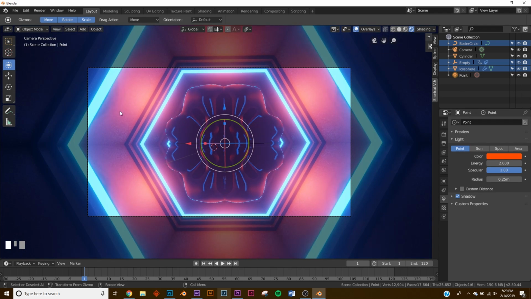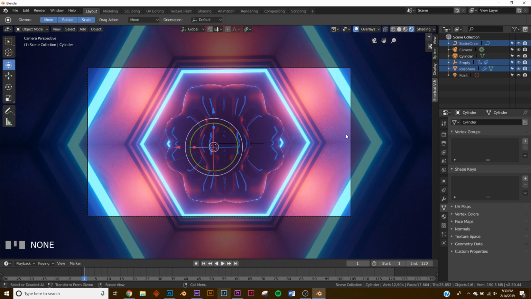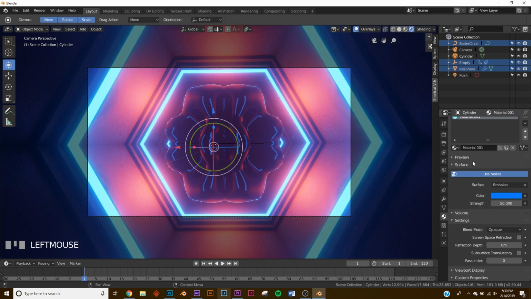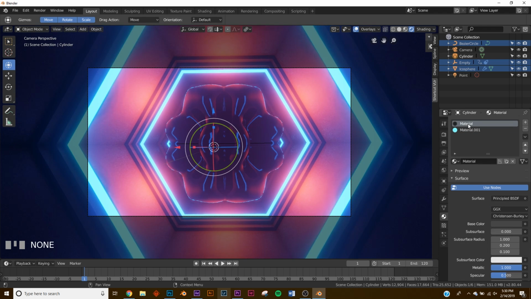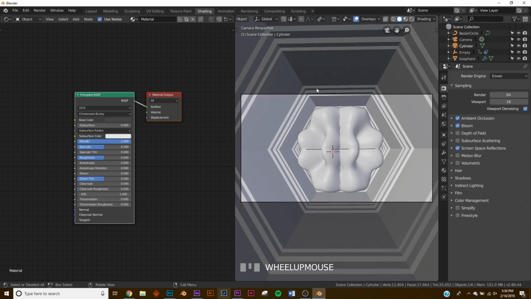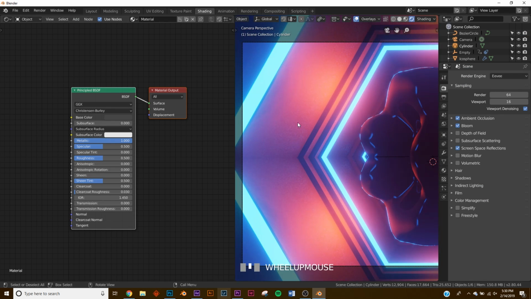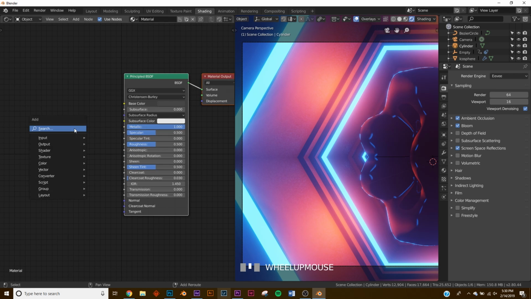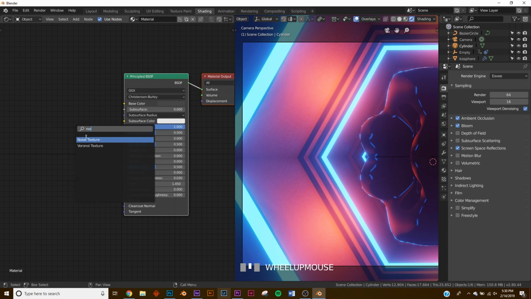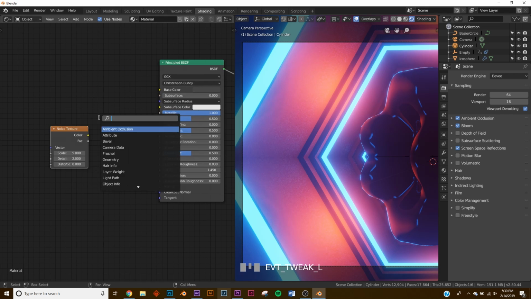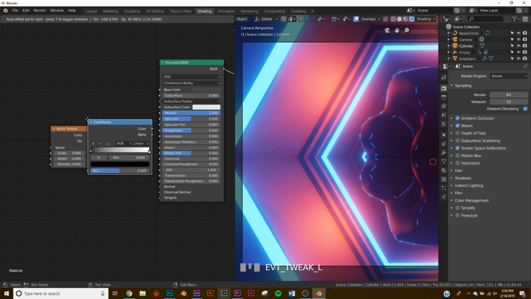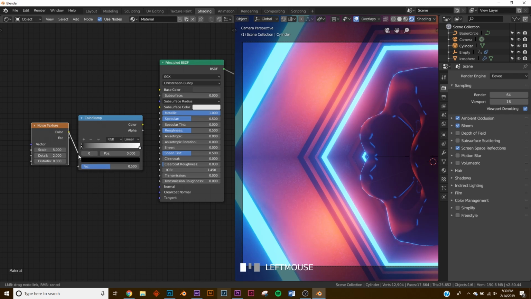All right, we need to add some interesting stuff to go on in here on our shading. So click on your cylinder, go to the shading, and make sure that this metallic material is selected, and let's go up to the shading preset that we have in 2.8. All right, we're going to hit the render button, and so we can see it, and we're going to check out this area just to view, see what's going on. So first we're going to add a noise texture, and we're going to add a color ramp. And we're just going to plug the color into the factor, and the color into the roughness.